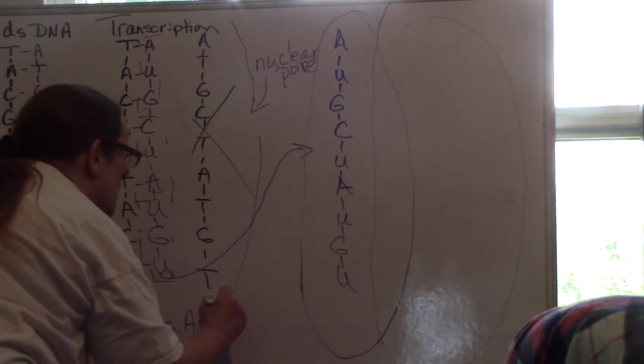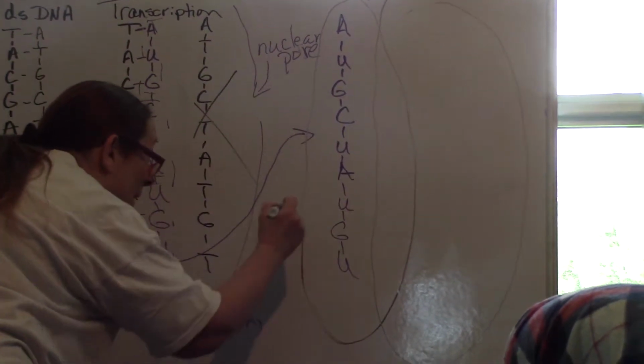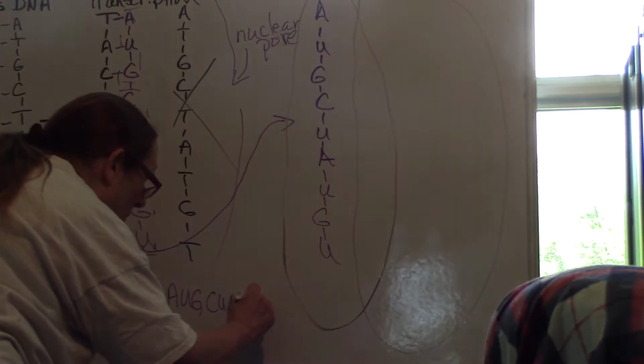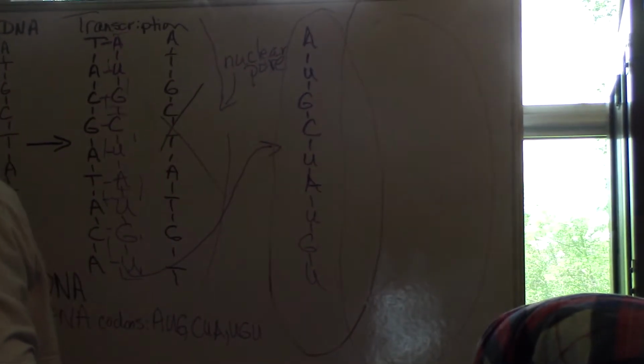Let me just make this clear. Sorry to go back. The codons from up here are AUG, CUA, and UGU. Okay. Now,